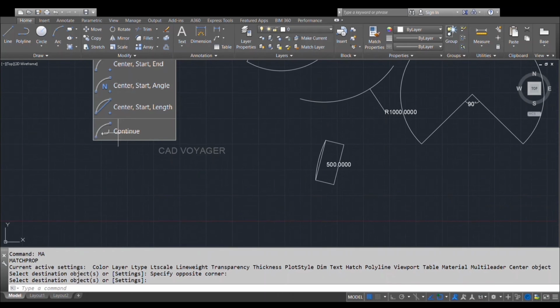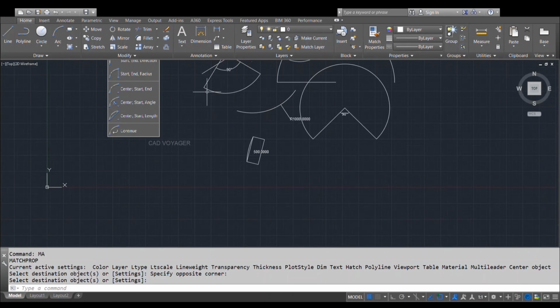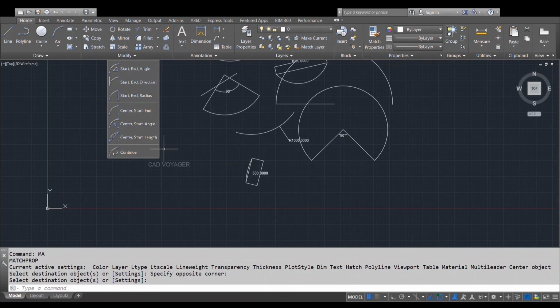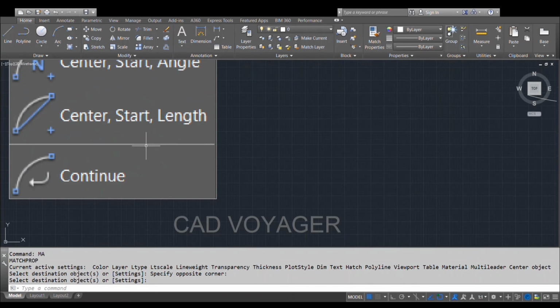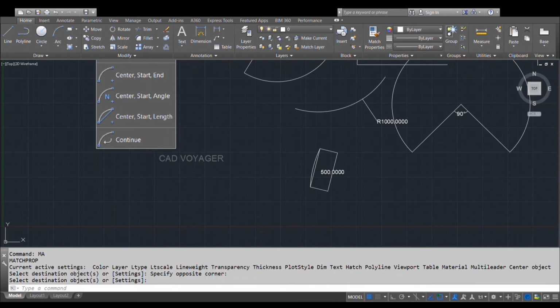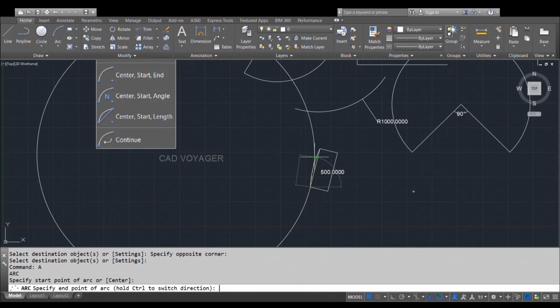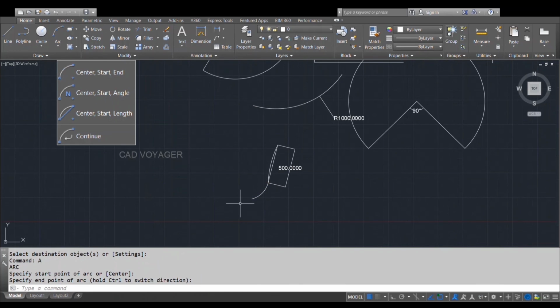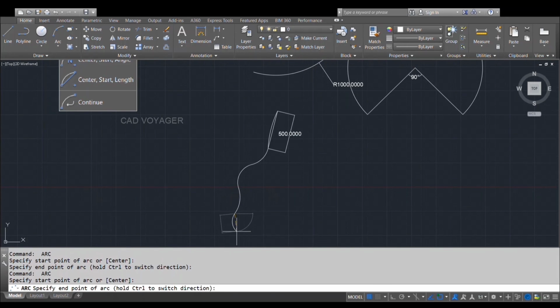Finally we are going to see about the continue R command. Continue R command is used to draw a number of arcs from the last previous arc which is drawn in the window. If your last used command is arc, then click double enter. The last drawn arc is automatically selected. Then you can draw an arc from the end point of the previously drawn arc. See here. This is the major use of the arc command.